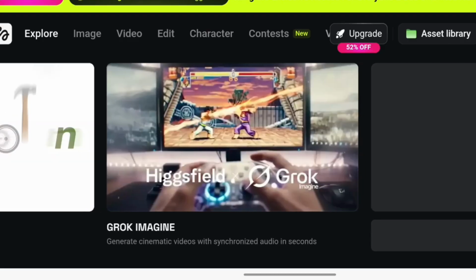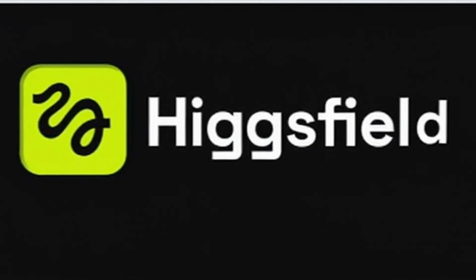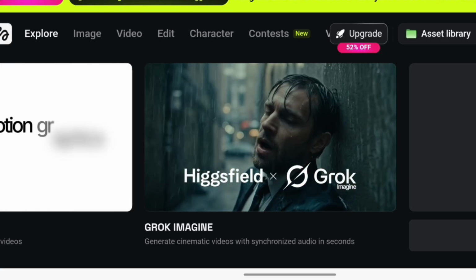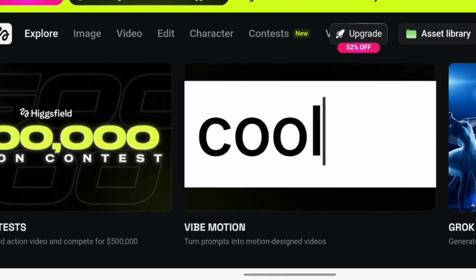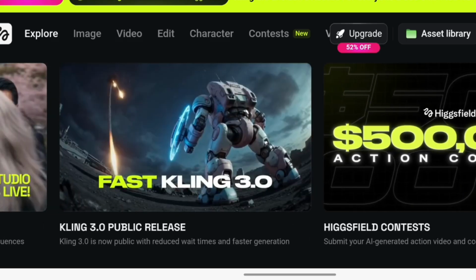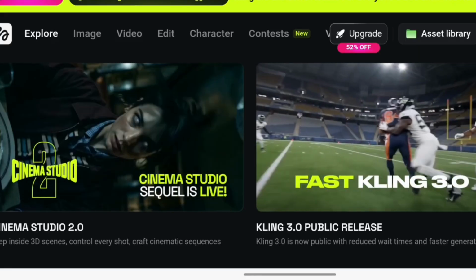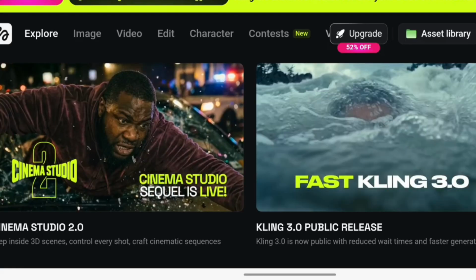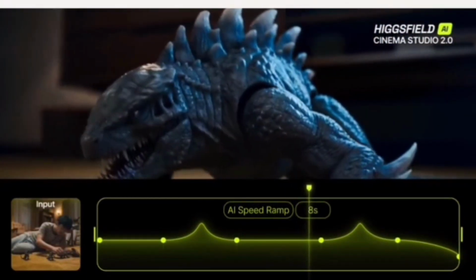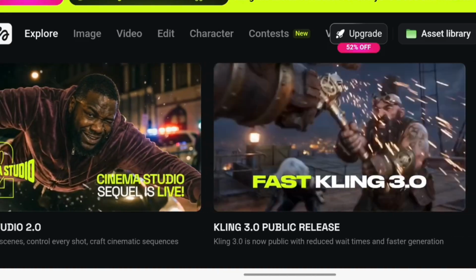If you're new to this space, quick breakdown. Higgsfield is focused on making AI video creation actually usable for creators, not just text-to-video experiments: real workflows, real cinematic control, real storytelling tools inside Cinema Studio 2.0. You can generate cinematic images, turn them into motion shots, build multi-shot sequences, direct characters across scenes, control cinema pacing and genre mode. So today I'm going to show you exactly how I create a cinematic AI video from scratch